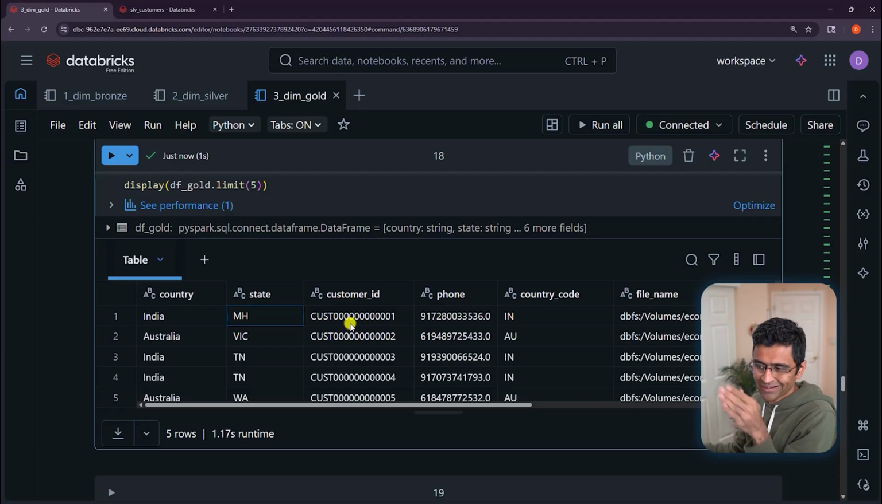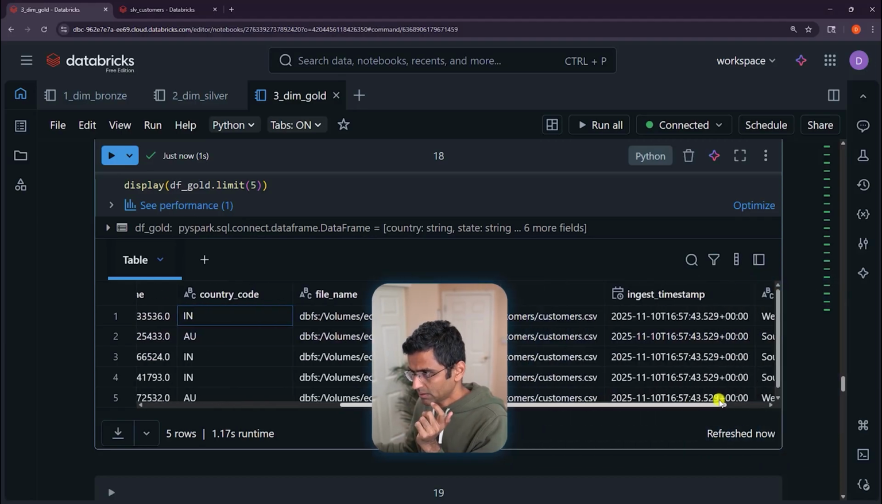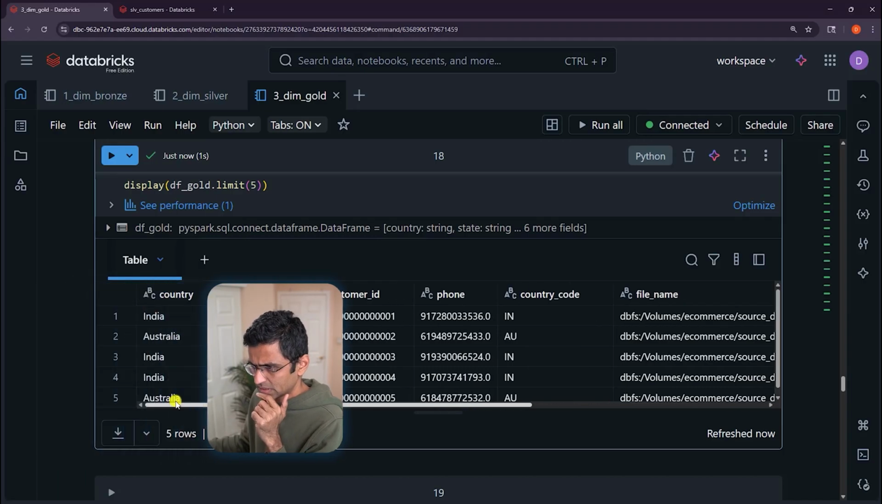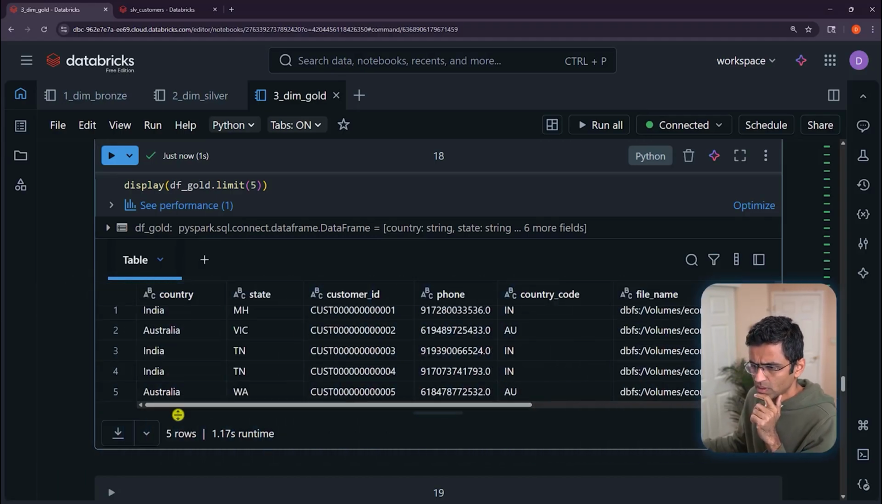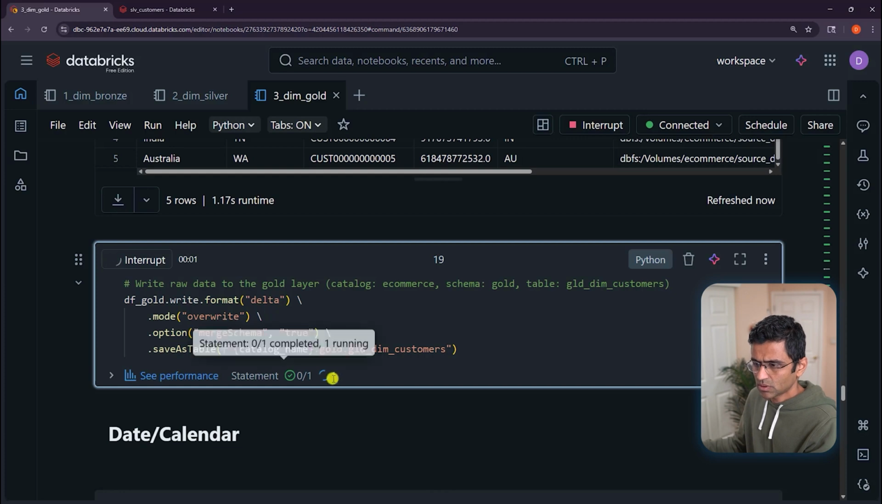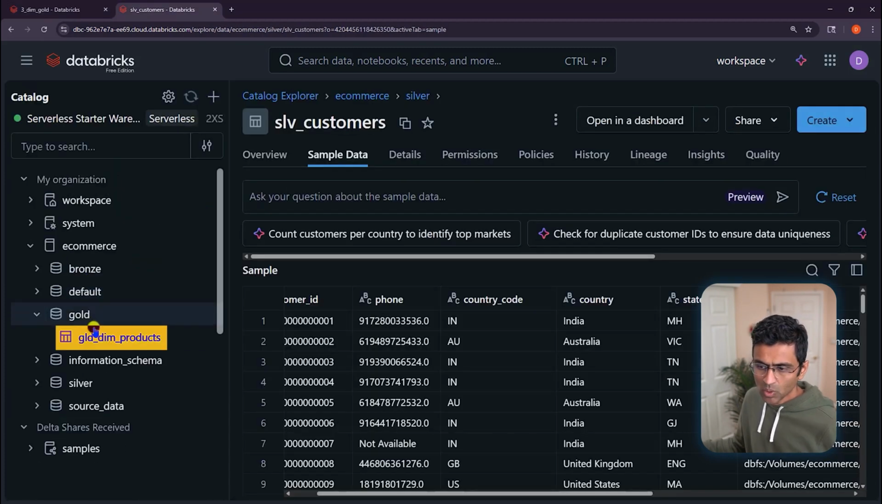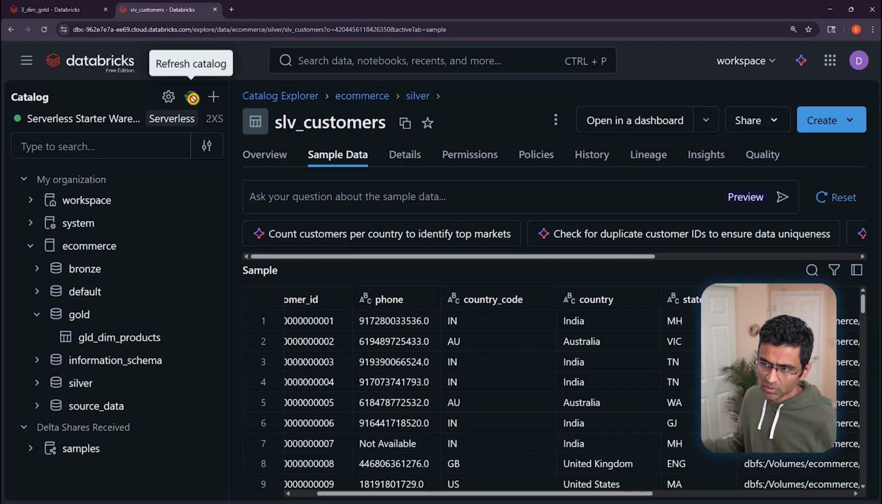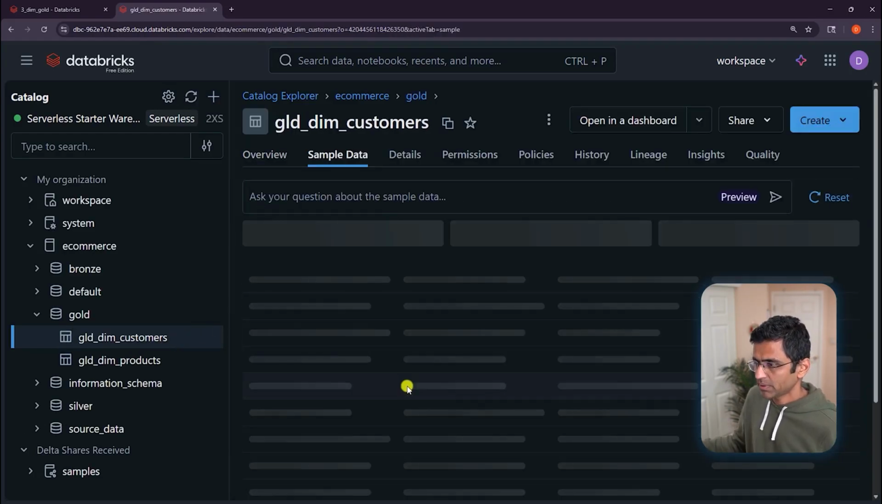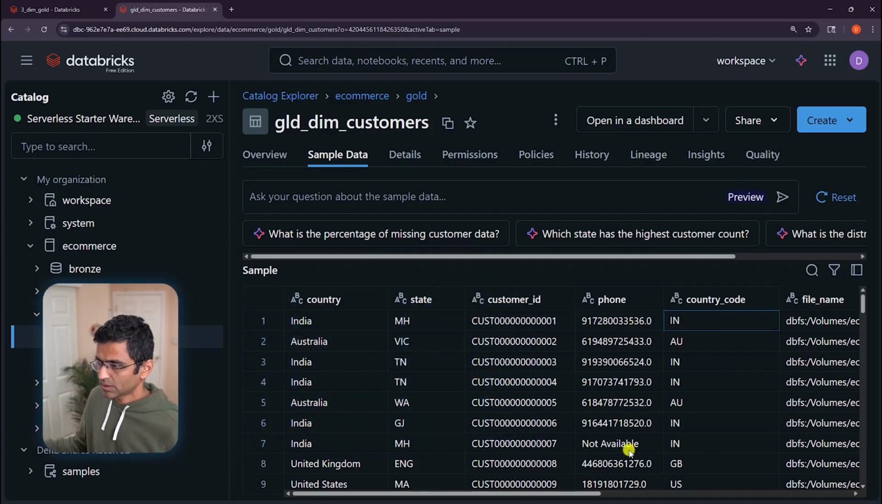These columns are not in the right order, but let's look at the data, at least let's verify the accuracy. So India, Maharashtra, country code is IN, and look at this. This is amazing, right? The region is west, and you have customer ID, phone, country code, and so on. So you can write that to your customers table. Now see, gold had only the dim products table, but when you refresh, it is refreshing right now, you got this customers table. And if you look at the sample data, see, your customer ID, phone, country code is this, state is this, and then